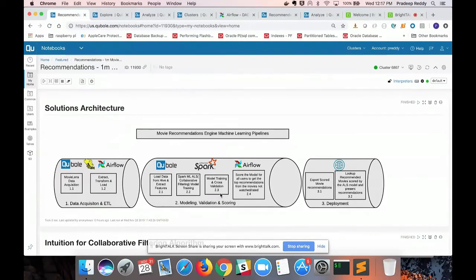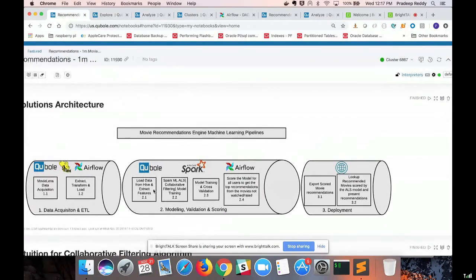All right, thank you. So what I'll do is I'll start with my demo with a notebook. Again, I have embedded an infographic which depicts the architecture of this solution. So we've heard a lot about what choices to make when you're building your machine learning pipeline with respect to the engines, with respect to the tools and technologies. So we're going to put them to practice in this demo. So I'm going to zoom in here. So this machine learning pipeline is actually demonstrating a real life use case of